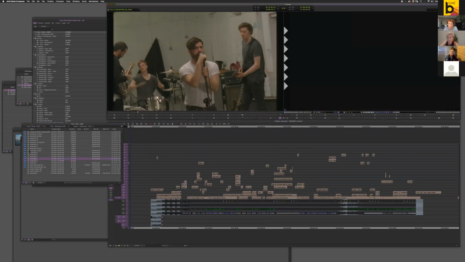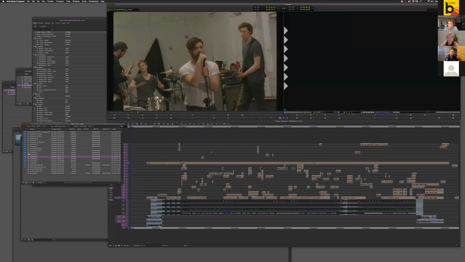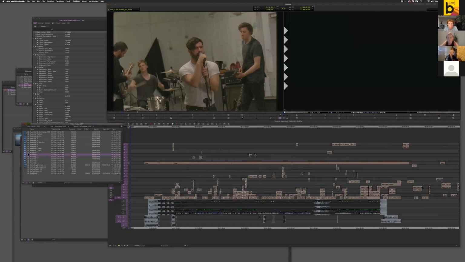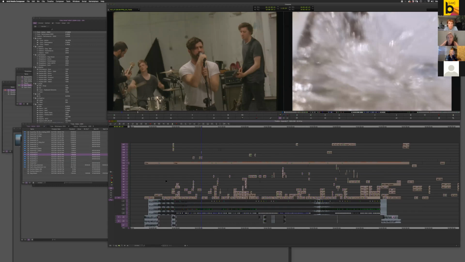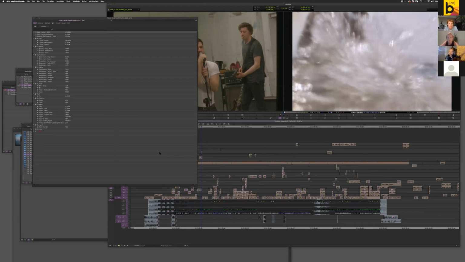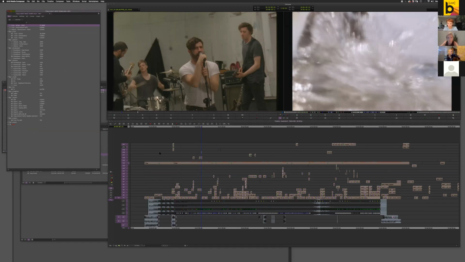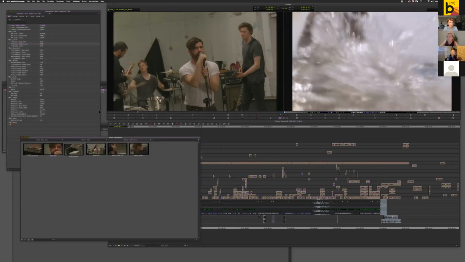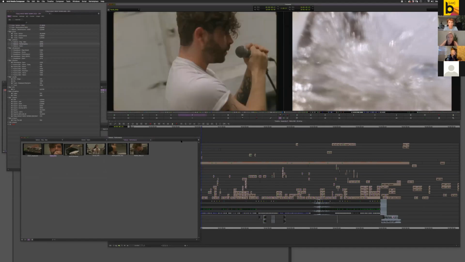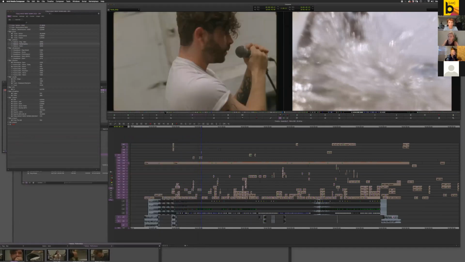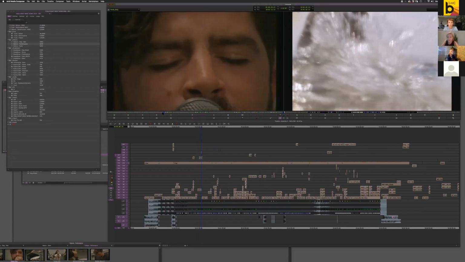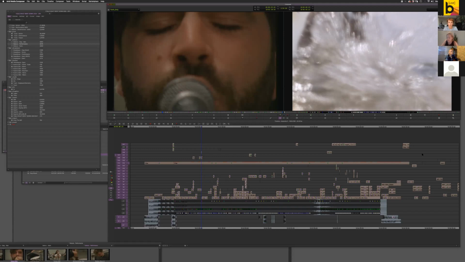And then I'm going to show you what I mean by working in stacks. So you'll see that stuff lifts up. So this is a good one to actually show. If I've got a stack, then they're all linked, basically. They're all running the same time code. So that means I can load it into the source monitor and then cut into the record monitor at the same time. So if I bring up select performance now, I'm going to put Yanis into here. Now I've realized it's probably because I've got a 4K monitor running here. That's probably not that good. So you can't see the time codes in the middle at the top, but